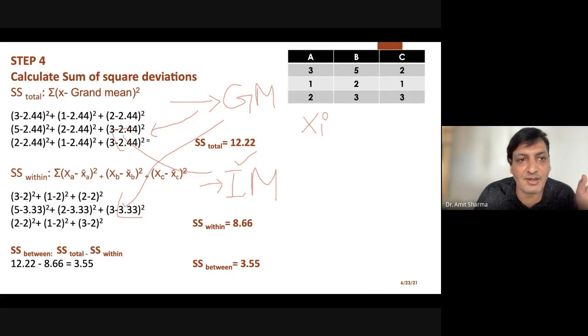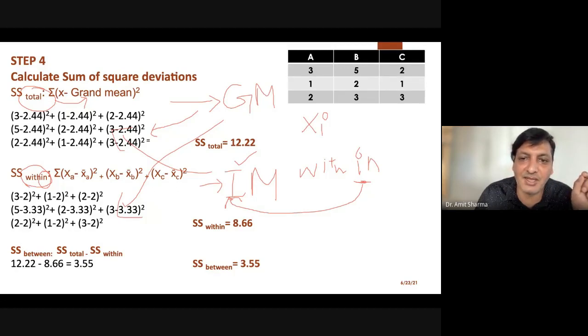Just remember that for total you have to reduce from the grand mean, and whenever you are calculating the within, remember that within has a value called in. I used to correlate this with the I, so I remember that within contains in.